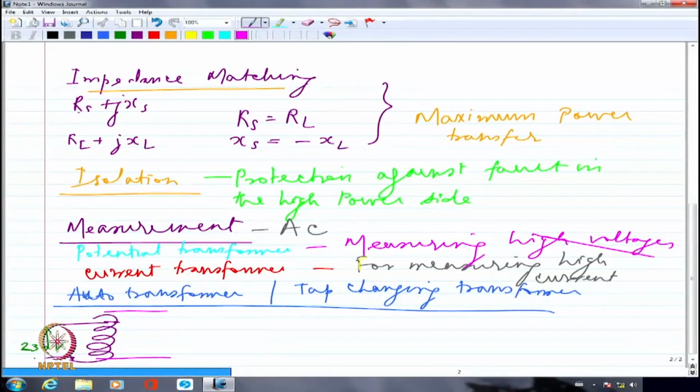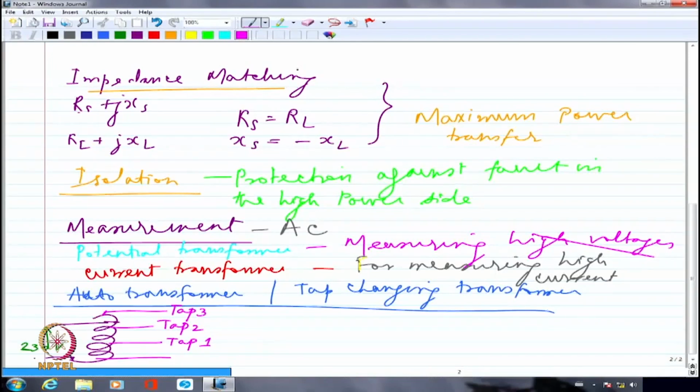So I am calling it, I have got multiple taps. I may tap it from here, I may tap it from here, I may tap it from here. So I can call this tap 1, this is tap 2, this is tap 3. So I can have multiple taps and I can choose to tap any amount of voltage out of this auto transformer. I should be able to do this as per my requirement. Okay? So this kind of transformer is also known as tap changing transformer because you may change from one tap